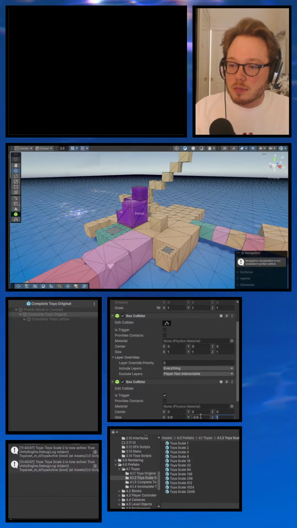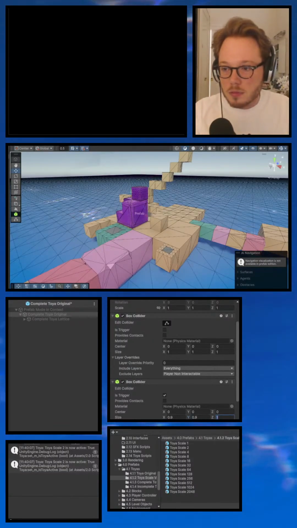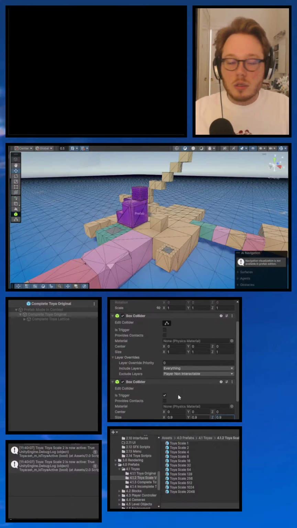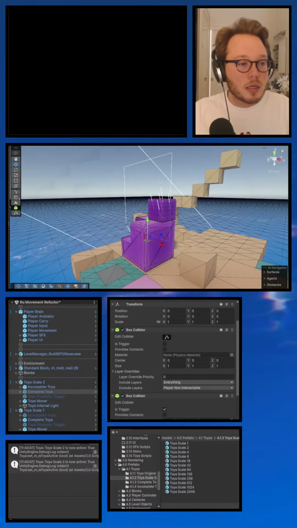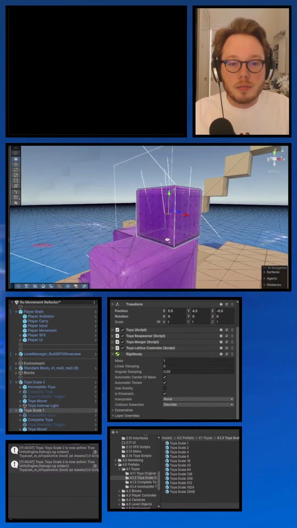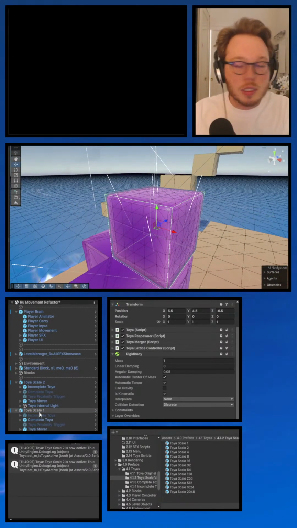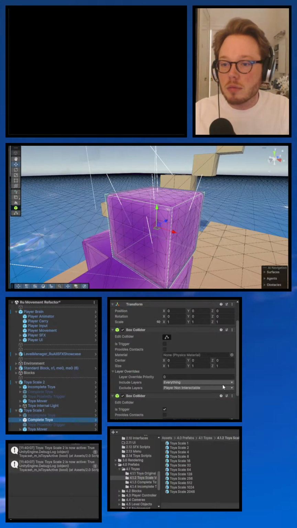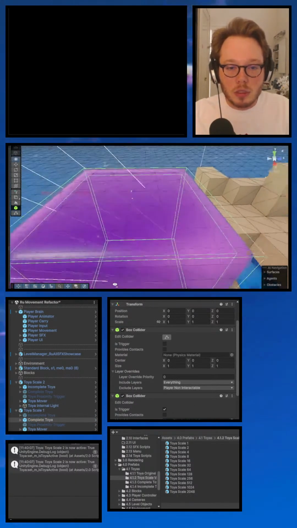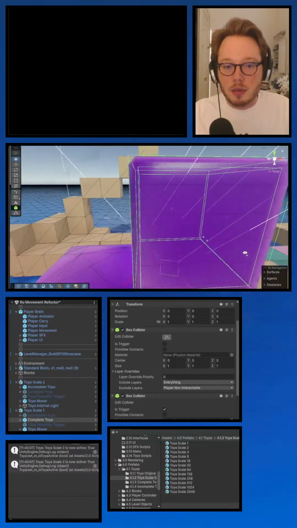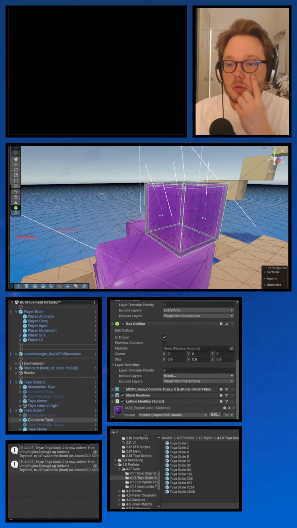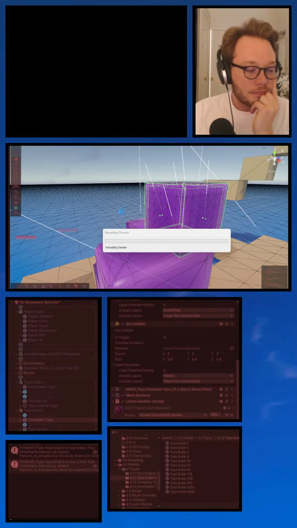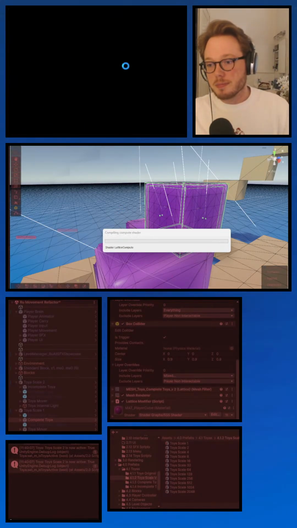Oh, no. So you'll see that in this scale 1 TOYA, we should be able to see this smaller rigid body, this smaller collider even, inside it.